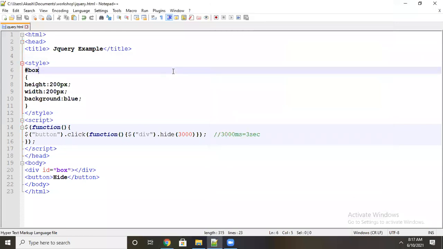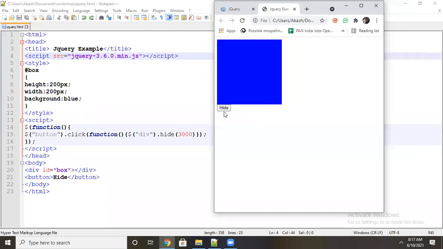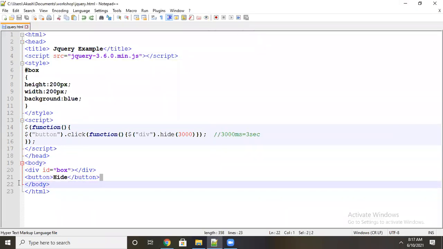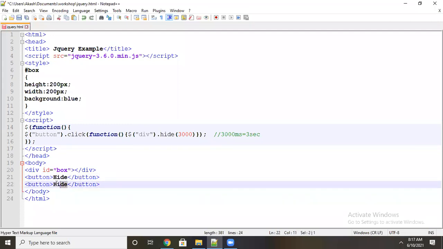Now I will roll back here again. Now see, I will click on hide. It's hiding. Now see, one more button I will add here, show.